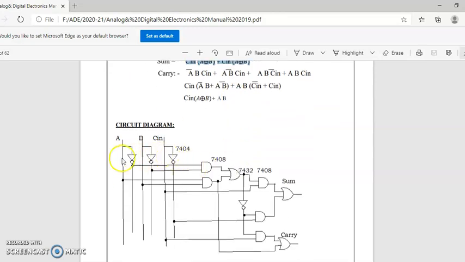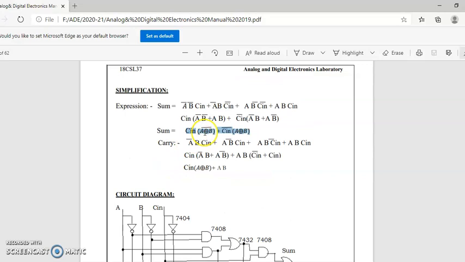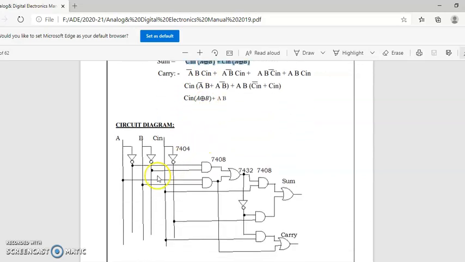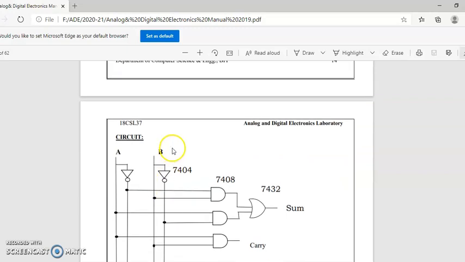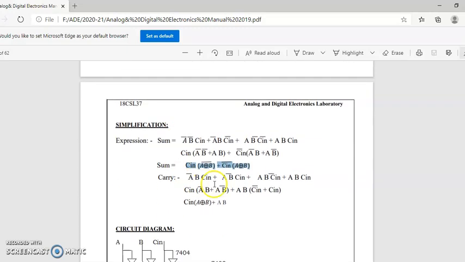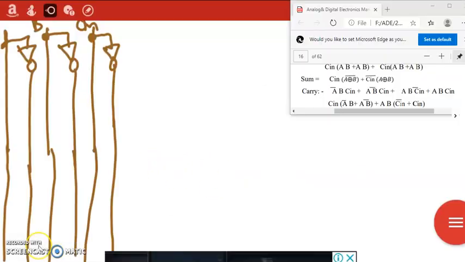So already we have a half adder with this OR gate, with this first output. A bar B, this is not realized in that way. It has been realized like this. So A bar, B bar, AB. What I'll do is try to give the circuit related to that in the similar way as we have done this. You can practice that instead of this circuit. So we'll simplify the circuit like this.